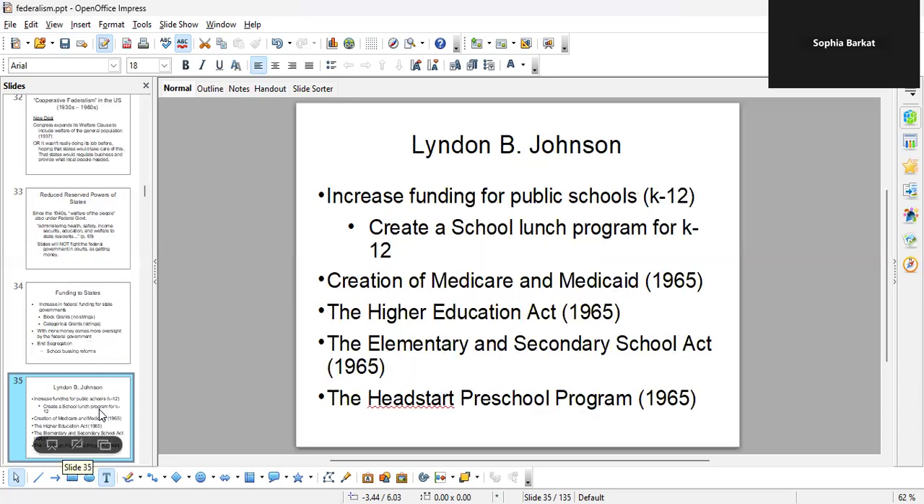So Lyndon Johnson's era as president is really important. We see an increase in the funding for public schools from K to 12. They also created the lunch program that you have in schools, right? So that is due to Lyndon Johnson's initiative. You have the creation of Medicare and Medicaid in 1965. You have the Higher Education Act in 1965, the Elementary and Secondary School Act, and the Head Start preschool program in 1965. So now you have a lot of money to create public schools, for higher education, for preschool programs,